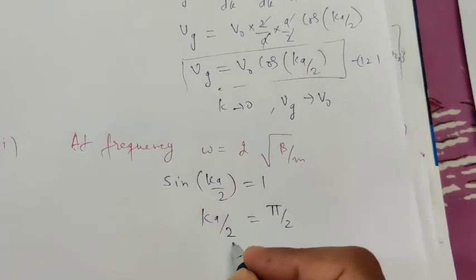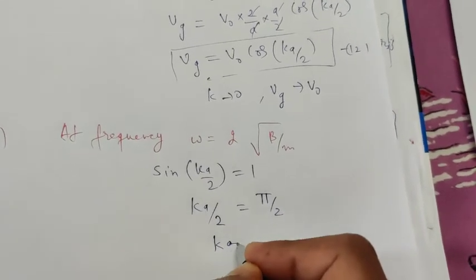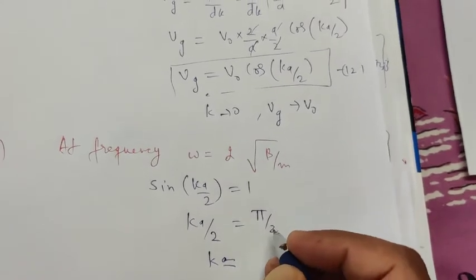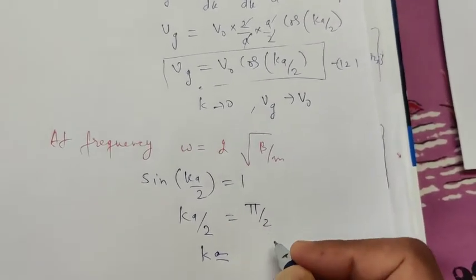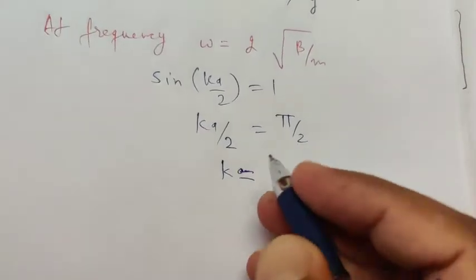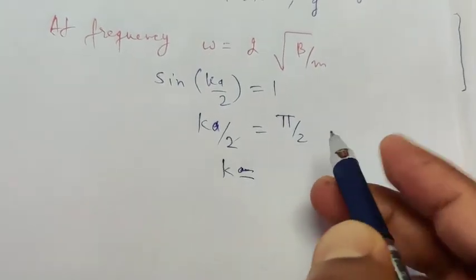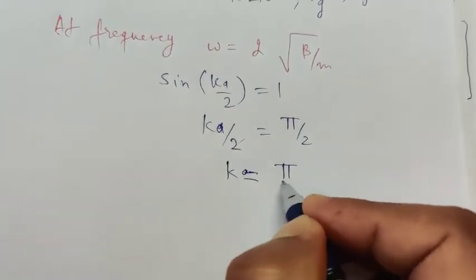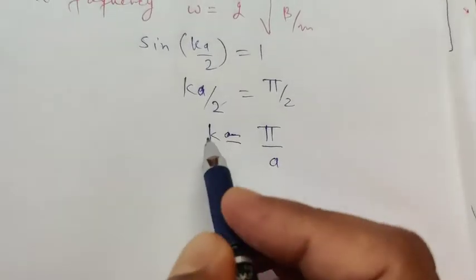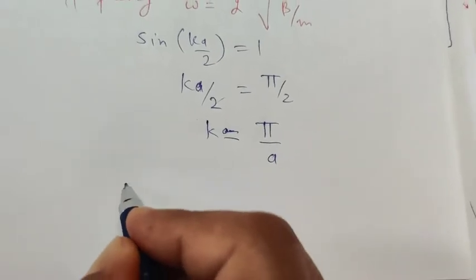So this ka by 2, this will be cancelled. So therefore K is equal to pi upon a, and your lambda will be